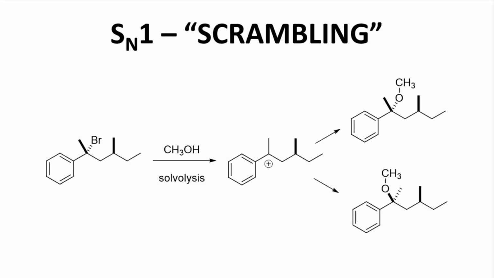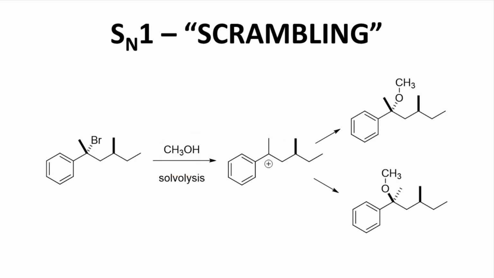How about the SN1? The SN1 is different from the SN2 because the SN1 goes through a carbocation intermediate. In the reaction on the screen, the leaving group is again the bromine. The reaction is a solvolysis. The bromine leaves and the carbocation forms. At that point, the stereochemistry of the original stereocenter is lost. That formerly tetrahedral carbon is now flat, and the nucleophile, methanol, can attack freely from either the top or bottom